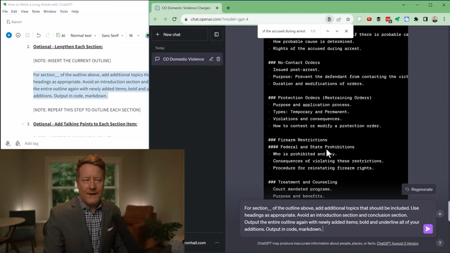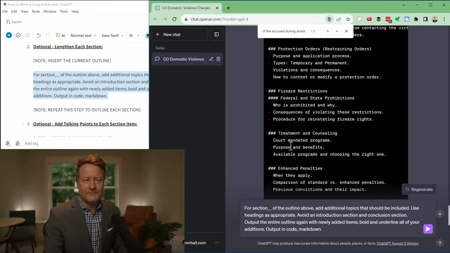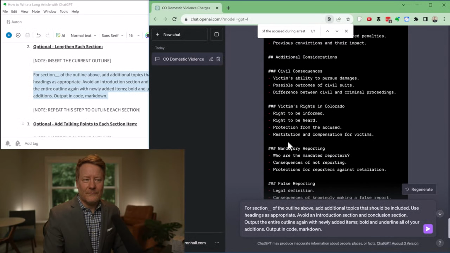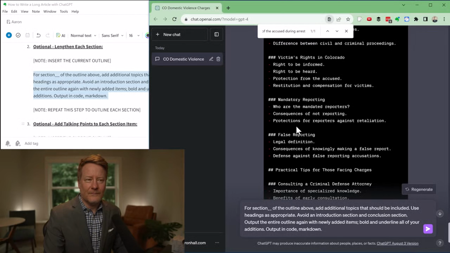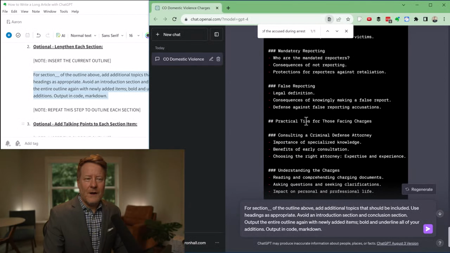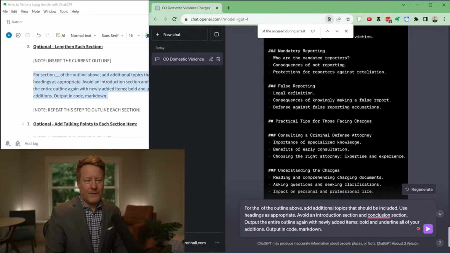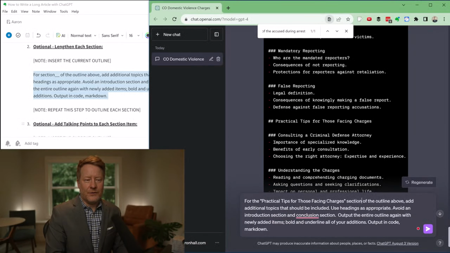What if we said, how about under practical tips? There we go. So we could just say, instead of section number, say, for the section of the outline above, add additional topics that should be included.